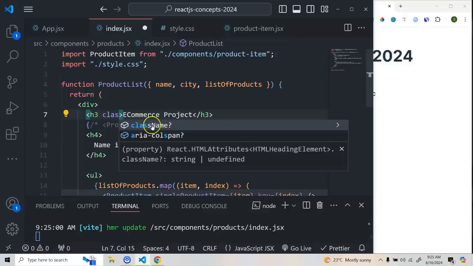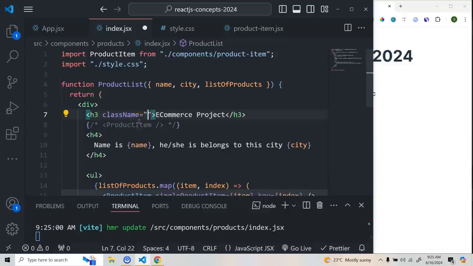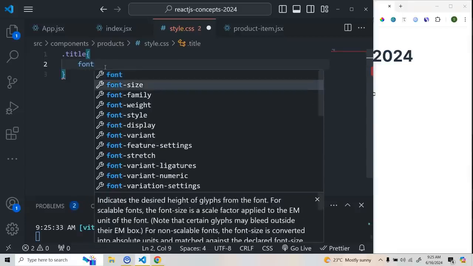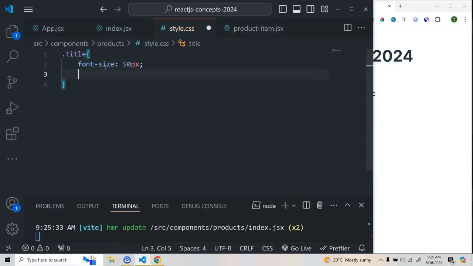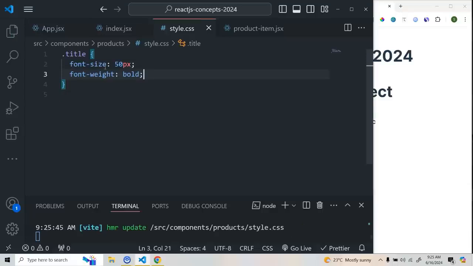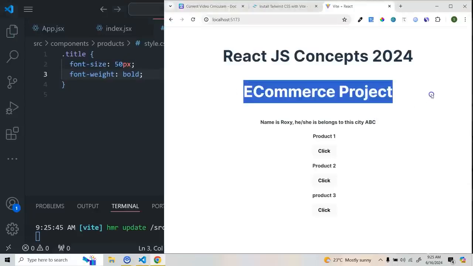So that is the reason we need to pass class name, and here I'll give, let's say, title, the class name. Now I'll copy this. Let's go to our CSS. Now this is the normal way of writing CSS, and here I'll give a font size of, let's say, 50px. I'll give font weight of bold, and now let's save it, and you can see that this is getting applied